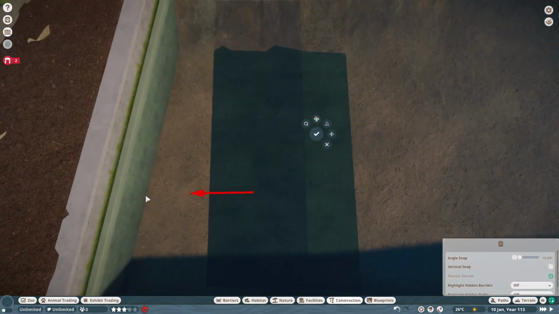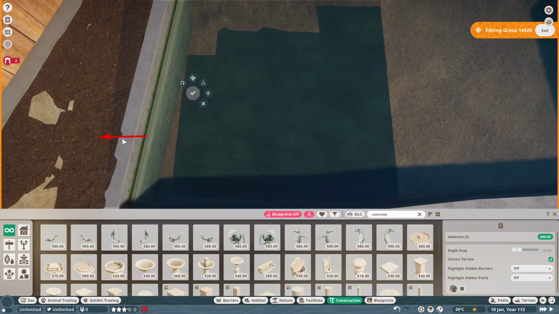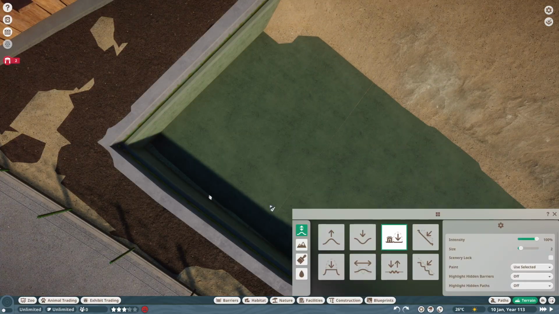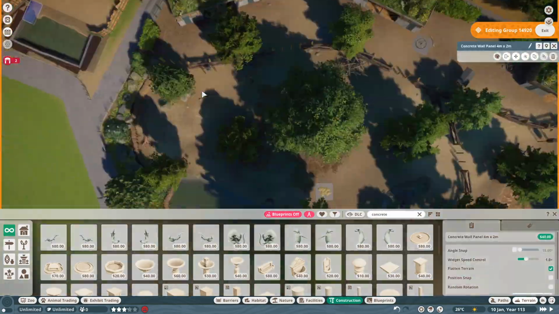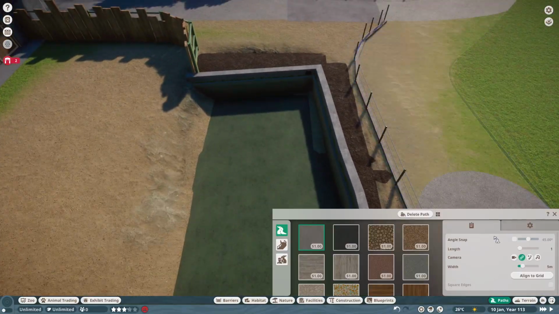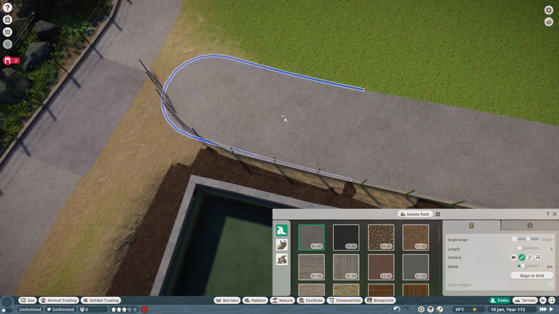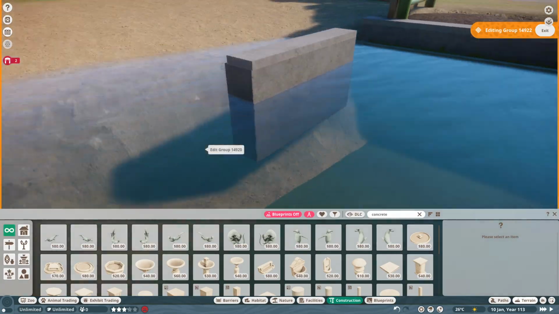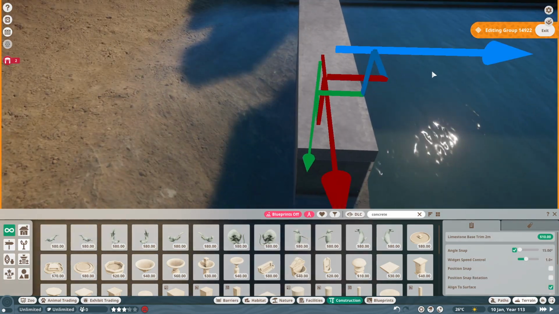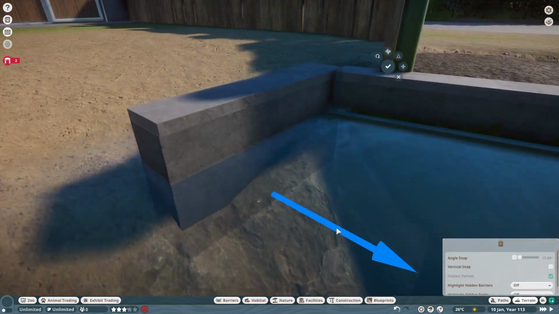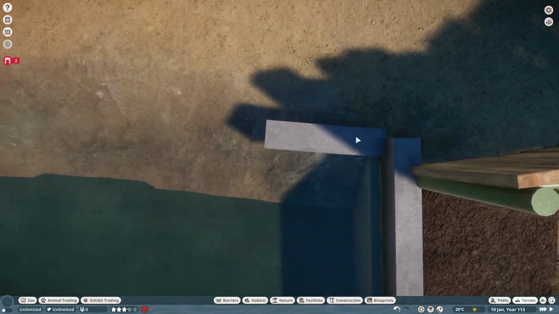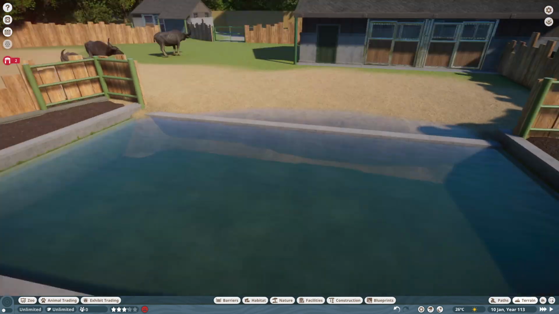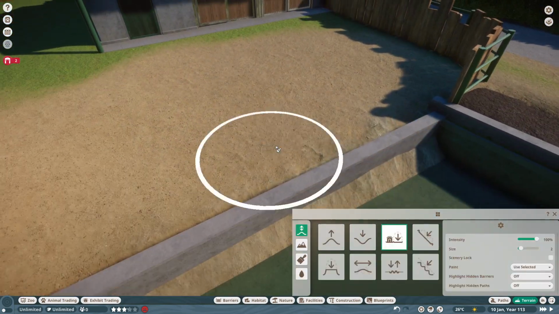We have this more artificial pool over here, which I colored green to simulate that it is very full of moss and other plants that have grown in here, which are just not worth cleaning out. It also helps the buffaloes because they can feed on these mosses if they like to. And then you have other parts of the habitat which are a bit more natural. You try to work with natural substrates, which we'll see later on in the decoration part. And you have some plants in there, and some more natural features like rocks and tree trunks and other wood things, to make it feel a bit more natural.